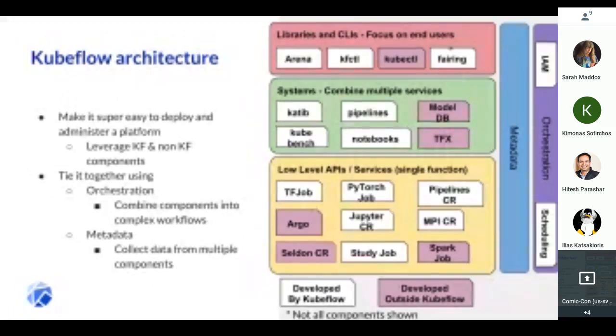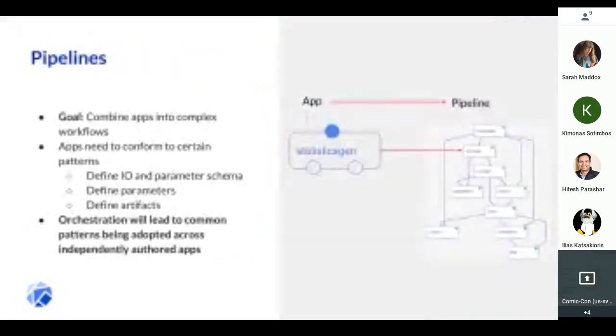But then what we have going along the side is, I think, these verticals and these cross-cutting efforts. And the two that I can think of are orchestration and metadata, right? These create an incentive to create patterns that are common across these different layers. And that's what creates sort of the unifying theme across the layers. Let me try to provide some more examples of why I think that's the case.